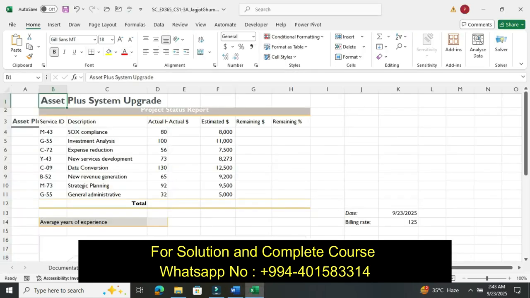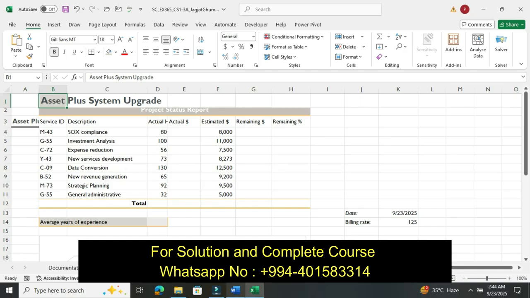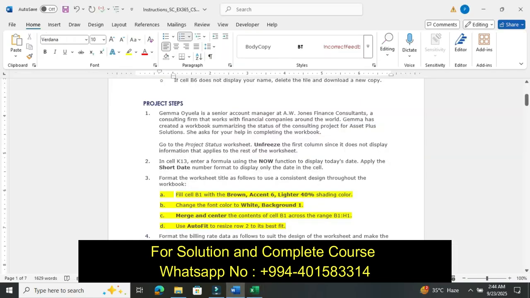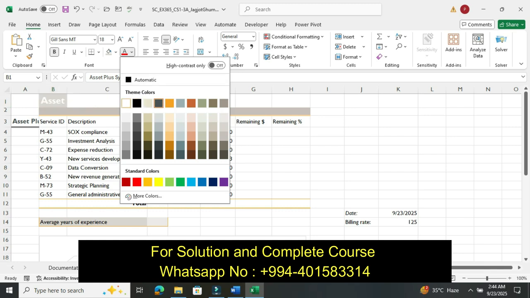So add the shading color, Lighter 60%. Then change the font color to white background.